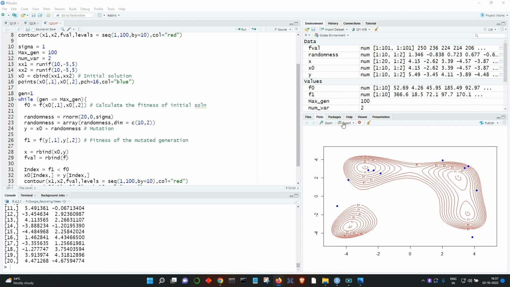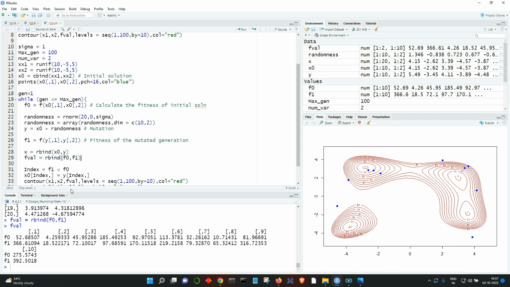So what we have done till now is we have obtained our new x by concatenating x naught and y, and same thing we are going to do for the values also. So f naught and f1. It is always good to check what we are actually getting after concatenation. See, f value, what we